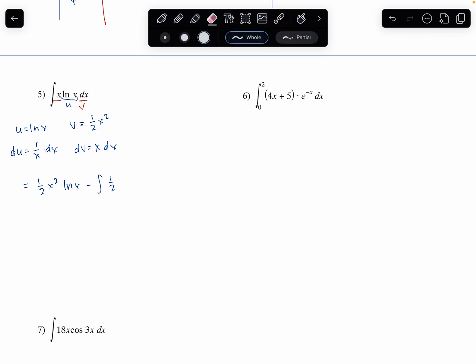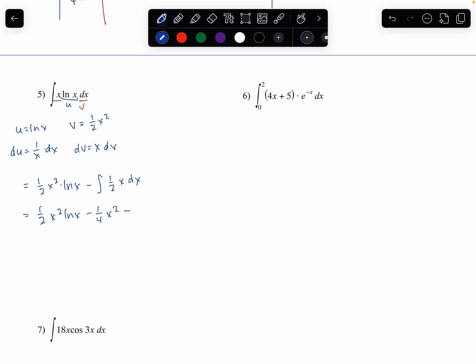So I'm just going to call it 1/2 x dx. And the antiderivative for this right here, so we get 1/2 x squared natural log of x minus, we have to raise the power, I think that's going to be 1/4